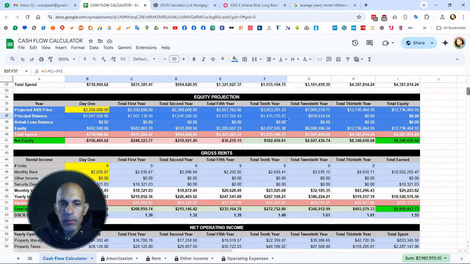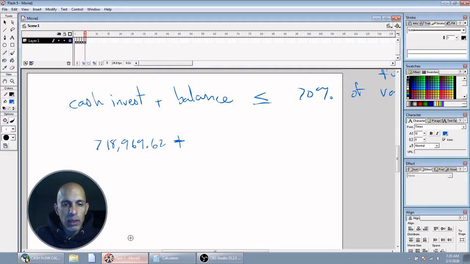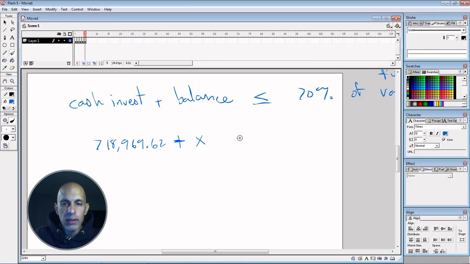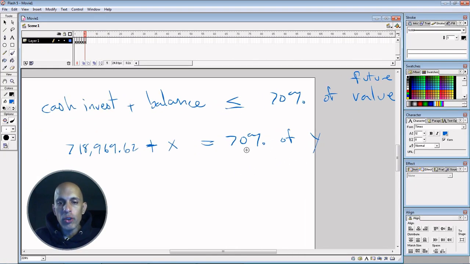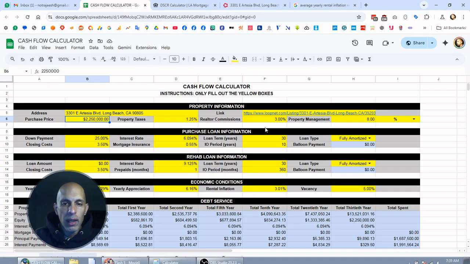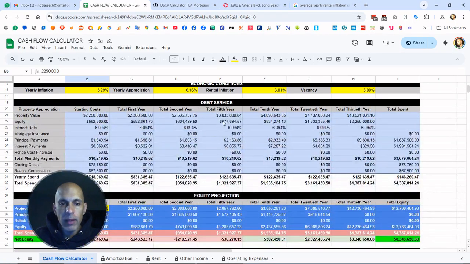And so the trick here is what I like to do is I just like to take the purchase price, because I know that this is X and has to be less than 70% of Y, future value. So future value, I can also just call it Y. So now that I have two unknown variables here, this gets a little bit harder to solve. So for example, if I knew that I'm going to refi in year 5, I can just take that value from there, which is